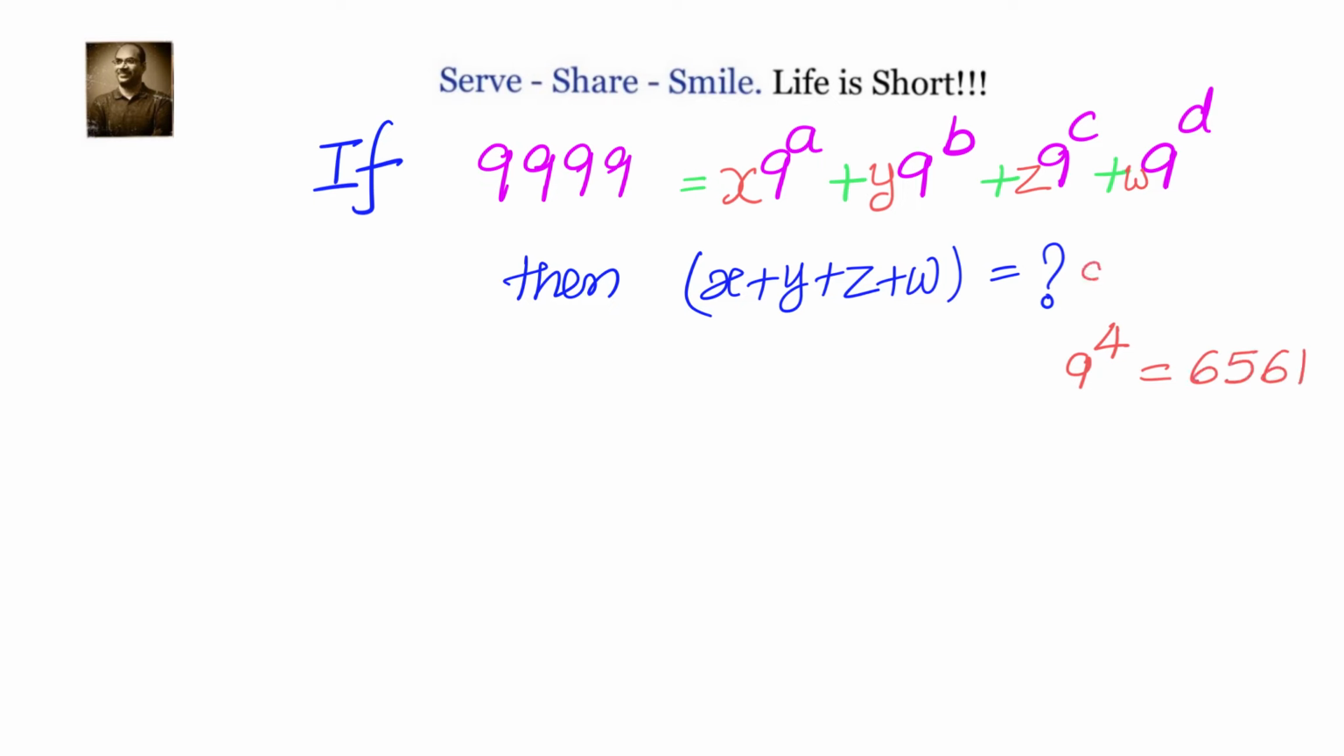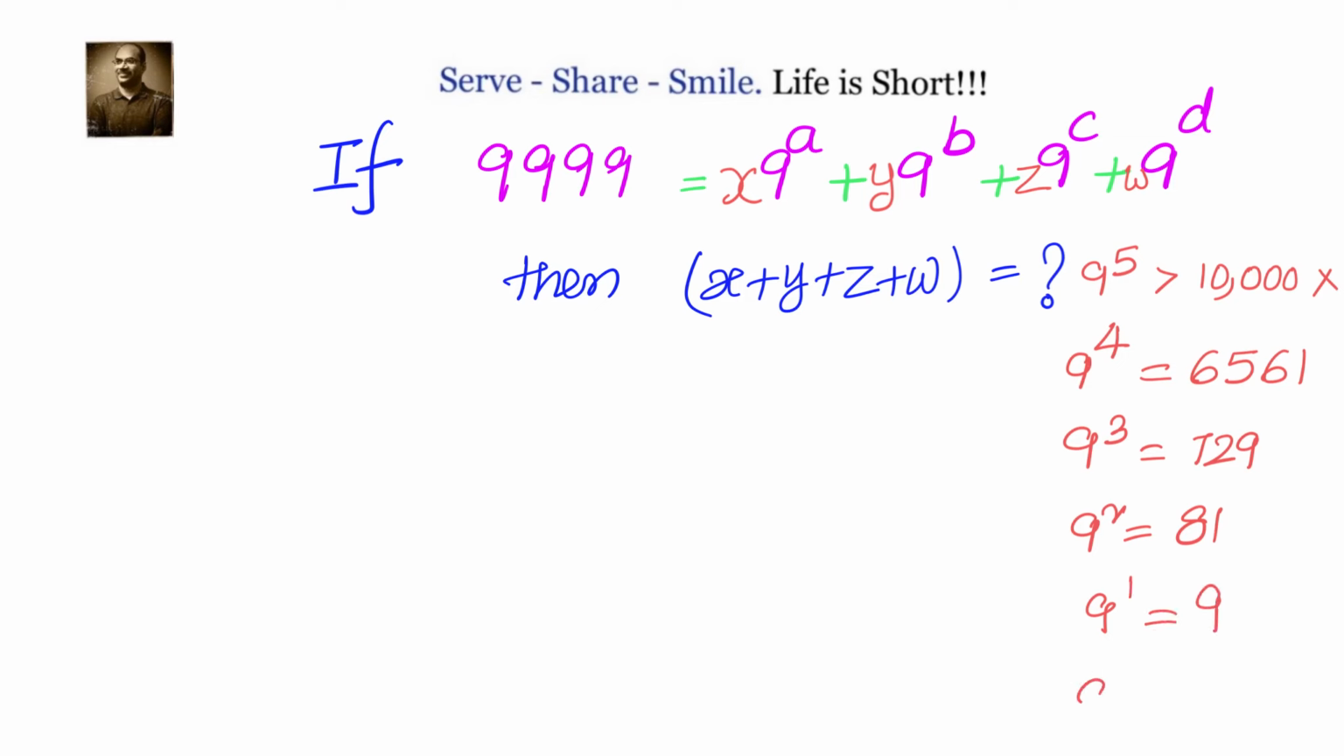So first, to write the number 9999 in base 9, we have to see what is the maximum power we can go. We know that 9 to the power of 4 is 6561, and 9 power 5 will certainly be greater than 9999. So our leftmost value will start with 9 power 4. How many times will it go into